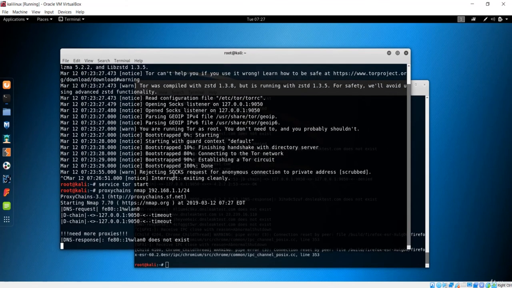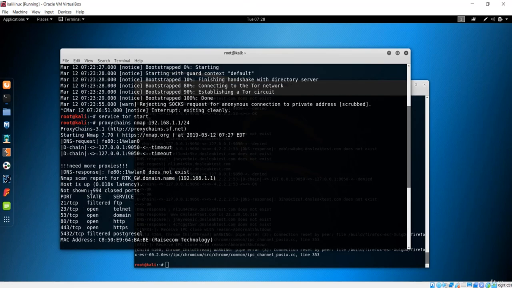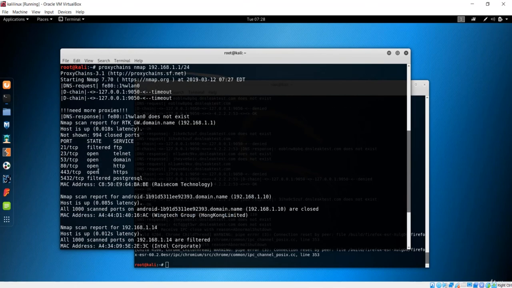It has again shown us the timeout, but we'll wait for a moment and see if this works or not. So you could clearly see I now have the IP addresses, and also the MAC addresses, IP addresses of the clients that are connected to this network. You can also see some of the ports that are open on that system.